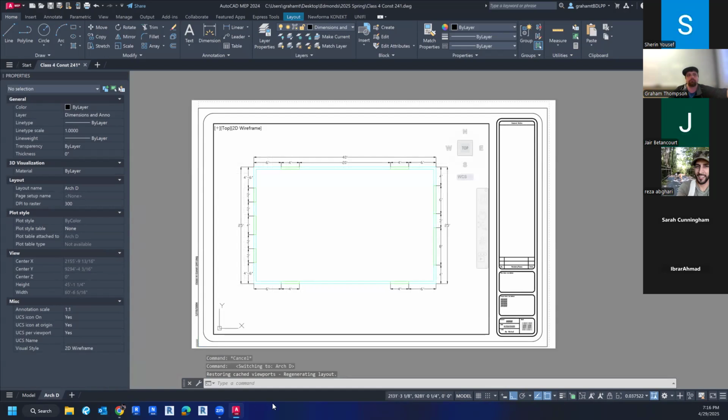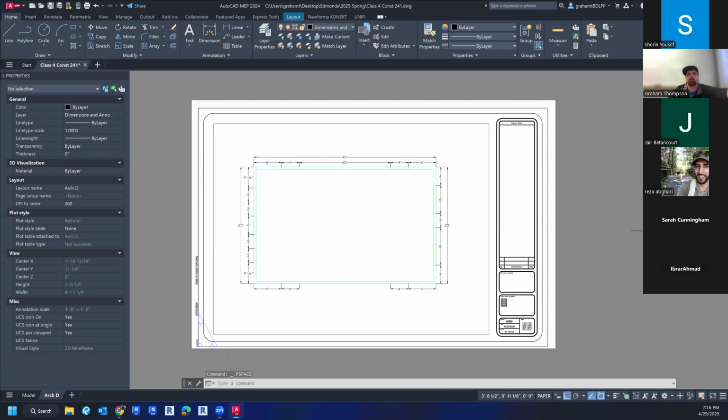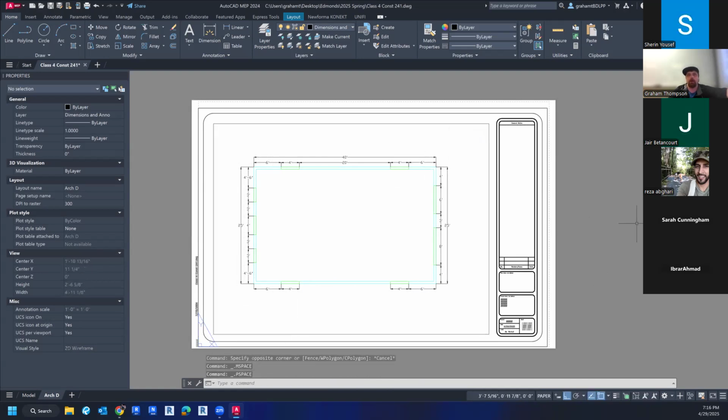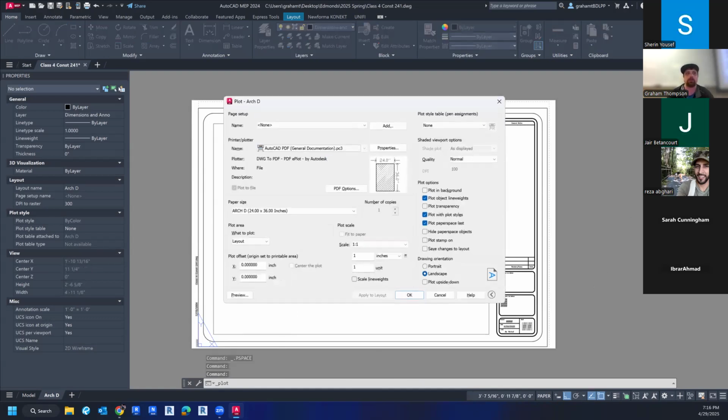Okay. Yeah, I was trying to have just the white paper, without the X, Y, and the compass at the top and stuff. That won't print. That's just there when you're in it, to show you you're in the view. That won't print. So if I actually try to print this,